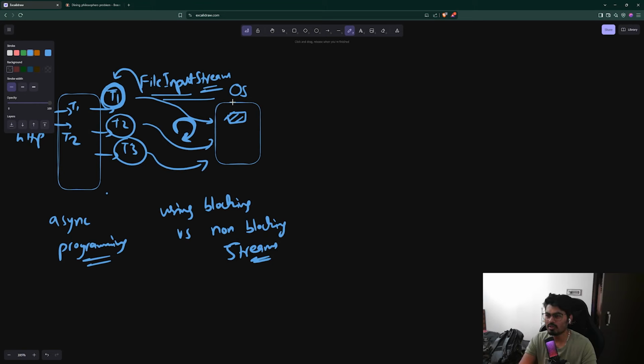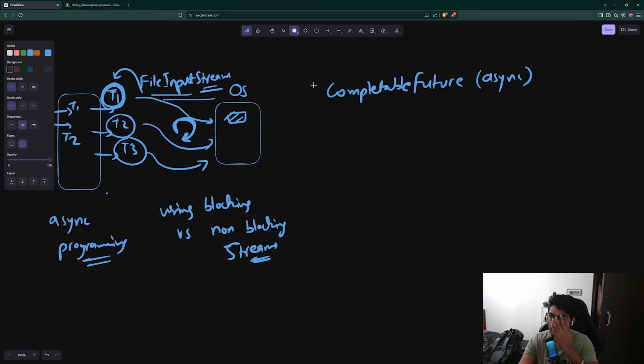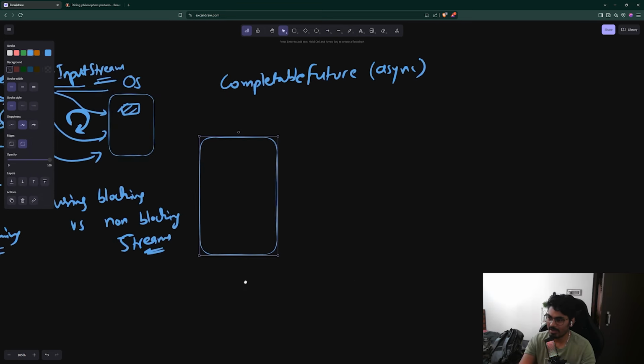HTTP stream, all these things are blocking in nature. So CompletableFutures in Java, from the caller perspective, from our service perspective, appear to be an async service, but they are not async in nature. What I mean by that is, CompletableFutures is basically handled by a fixed thread